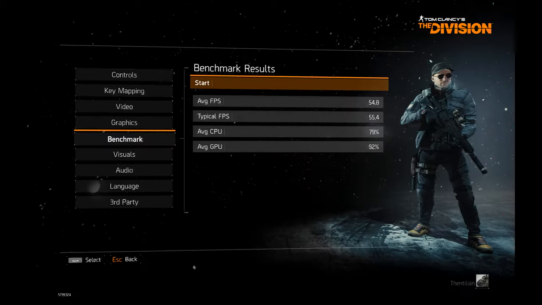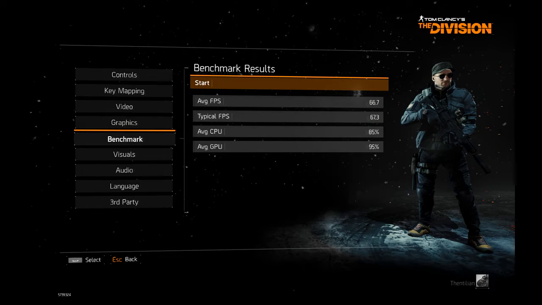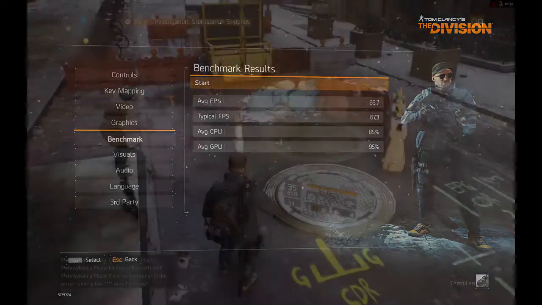And we have the results. First, we have the DirectX 11 results here. About 55 frames per second. And then we have the DirectX 12 results showing 66 or so, 67 frames a second, a 12 FPS improvement. Not a huge